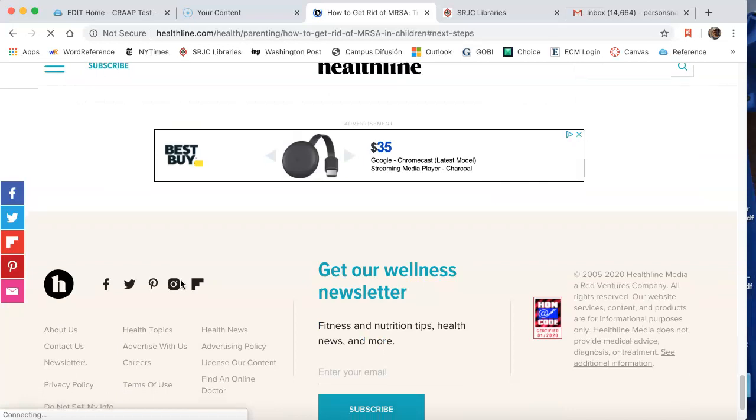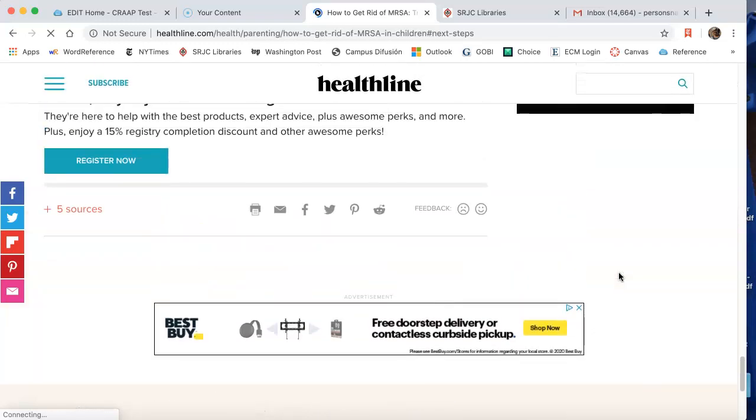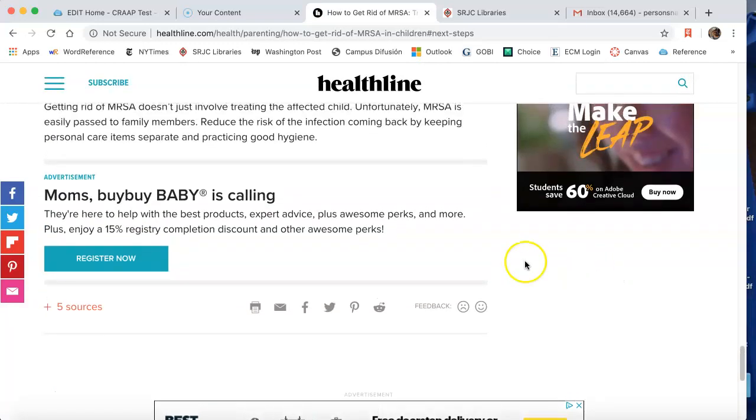All the way at the bottom, I can take a look and see if there's a copyright date, which can often function for a publication date for material you find on a web page. And I do see there's a copyright date of 2005 through 2020. That's a pretty large spread of time. I'm still not feeling very confident about when this material was actually written and put together,